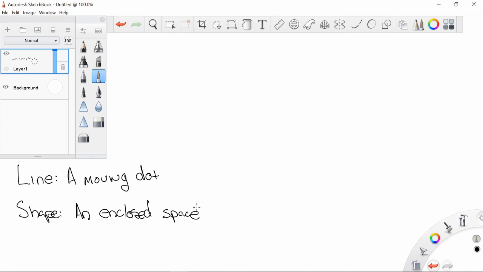And this week we are going to continue and work with form, which is a little more complicated. I don't have a simple way of explaining form. Like, I don't have a moving dot is like the perfect definition of line, and enclosed space is the perfect definition of shape. For form, we're going to say